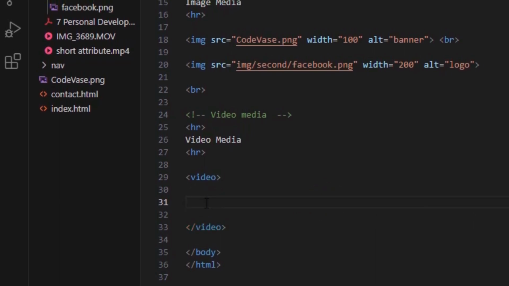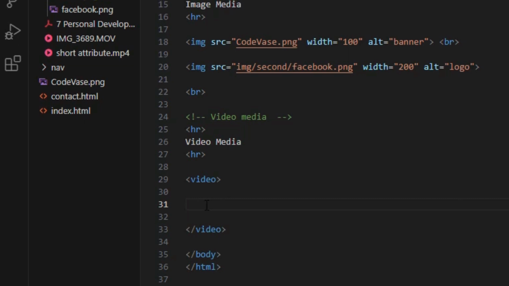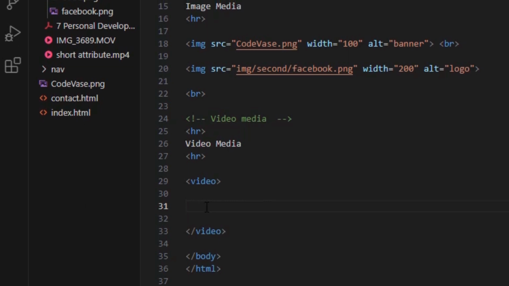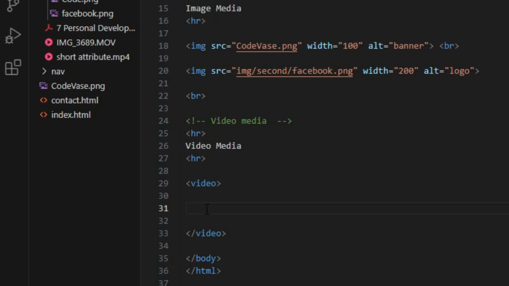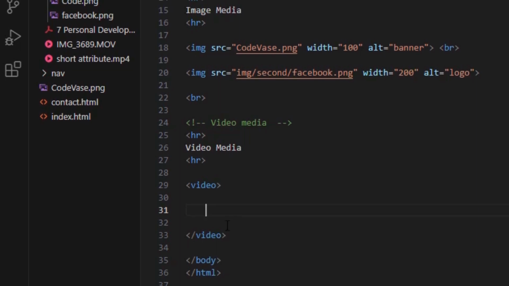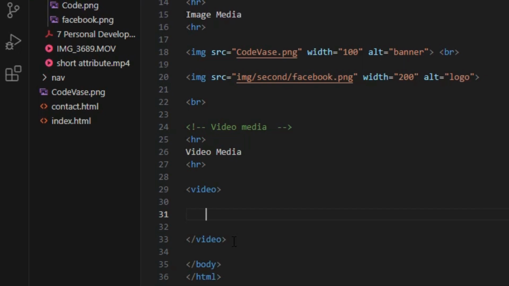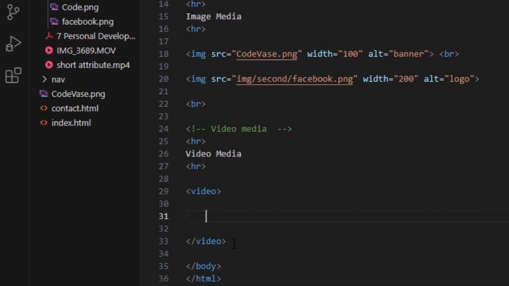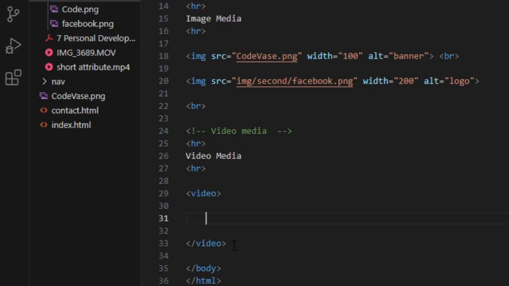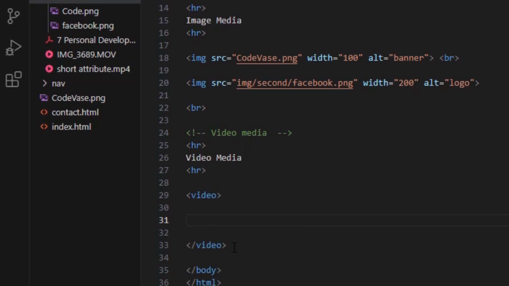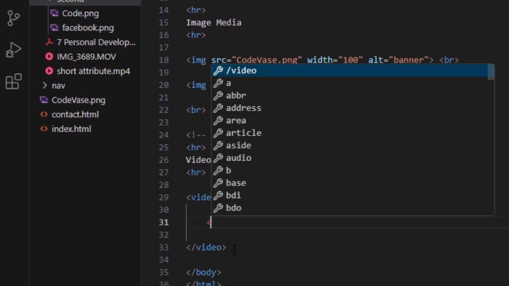Remember, this particular source tag does not have a closing tag. It only has an opening tag, just like images. But the video itself, you are going to add the video tag, which has an opening and closing tag. Between that opening and closing tag, you're going to type your source tag. You want to type source